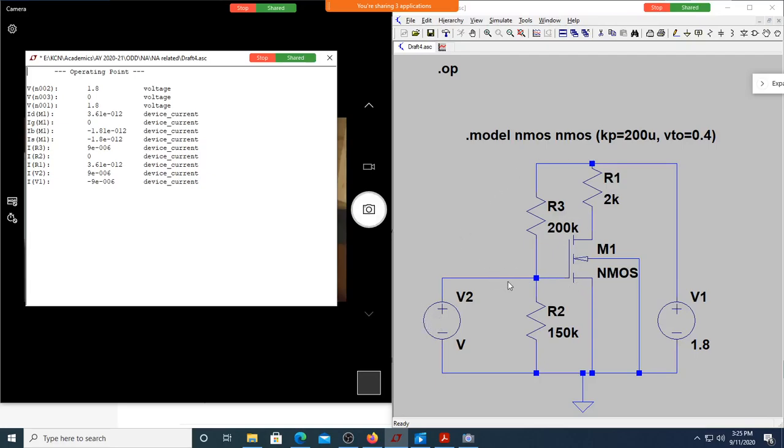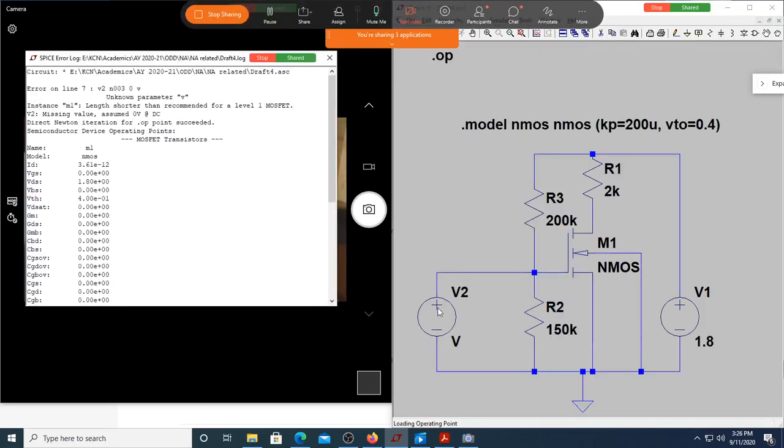In such a case, this source should not affect my DC voltage which is at the gate point. See here, if I remove this, everything is fine. If I remove this, it comes. If I put it, it is not coming. So what I want is V2 as well as a current of 137 microampere. Whatever 0 volt is there, it should not influence this, meaning it should not bring it down to 0.